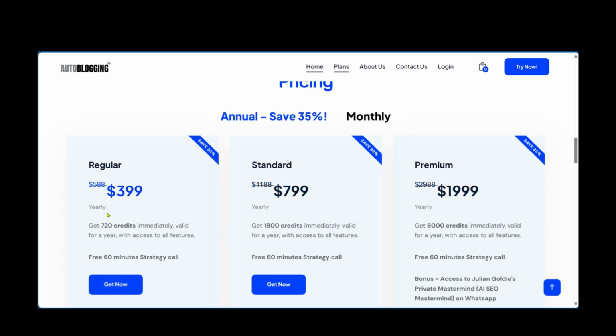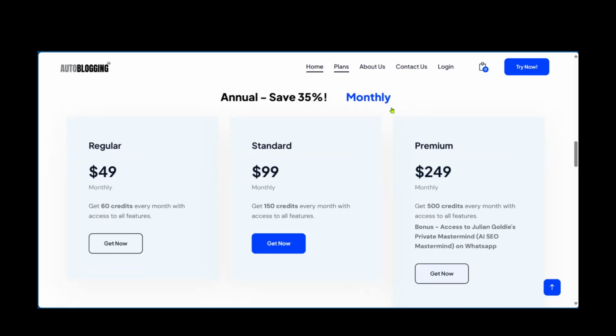Of course, these different plans have their pros and their cons. For example, for the regular, you have just 720 credits. However, if you're going for the premium, you're going to have 6,000 credits immediately. And there is a leveling field because you have the free 60-minute strategy call, whether you're using the regular, standard, or the premium. And then when we go over to monthly, you can see the price of $49, $99, and